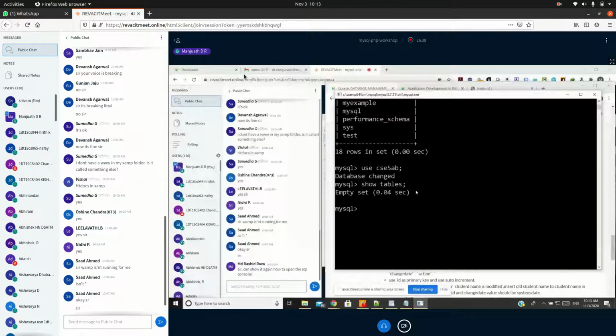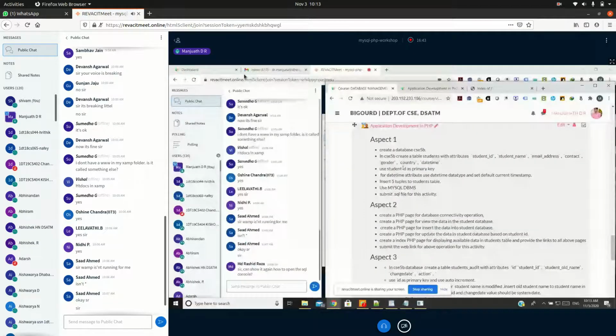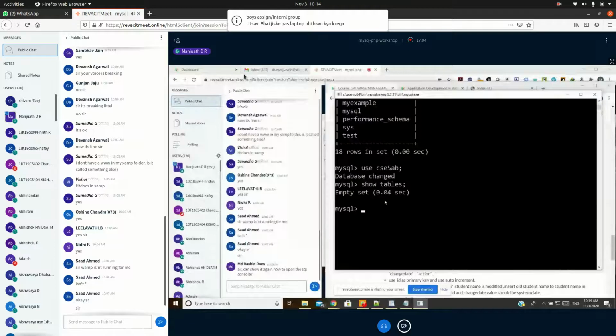Fine. So now I'm going to create one table. These are the requirements of this table. The table name is student, and it has a lot of attributes, where student ID is the primary key and the date should have the data type datetime. I'm going to consider all these things and create it. You know how to create a table; there is no difference. For all SQL, the way of creating a table is the same.